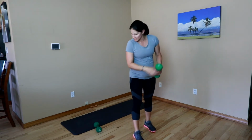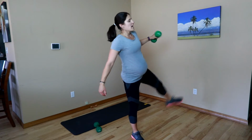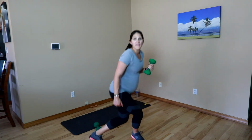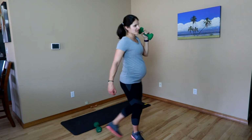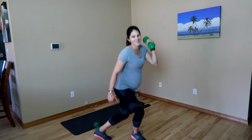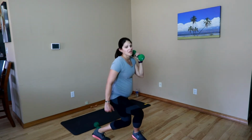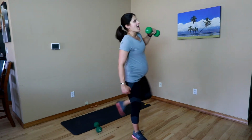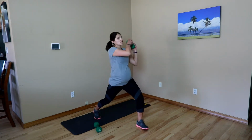And other side. So up and punch. And if you can't lift your leg high, you can just bring it out low. That's okay. Or if you're a Rockette, go ahead and lift it super high. Good. 9, 5, and good. Lunge hold, hip to shoulder,